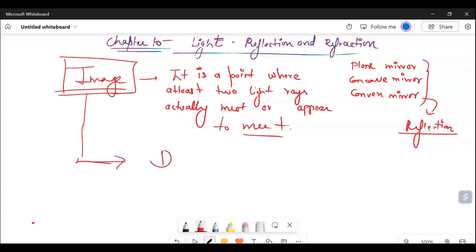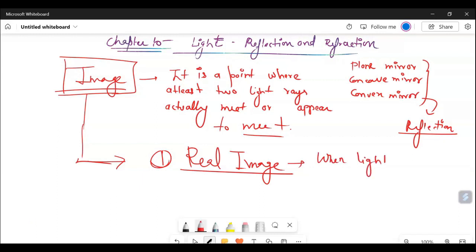One is real image. What is real image? When light rays actually meet at a point, at that point the real image will be formed. Okay,